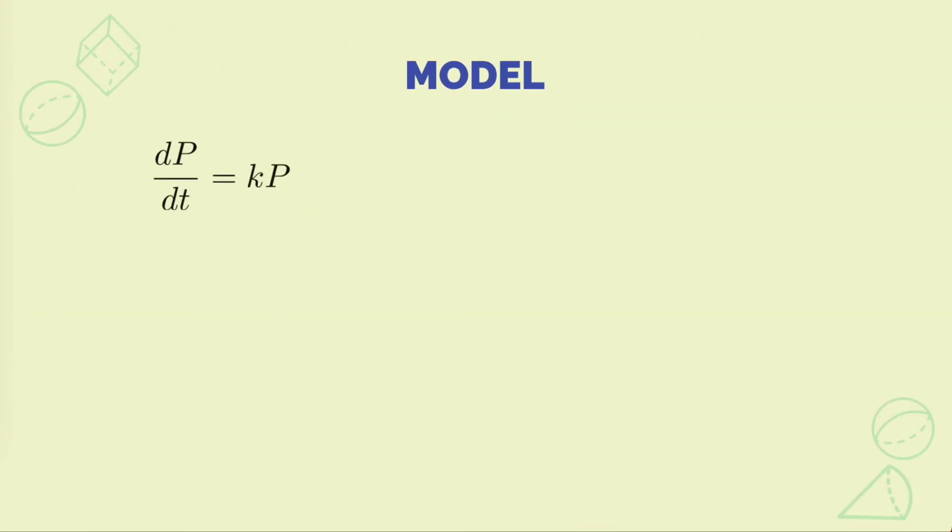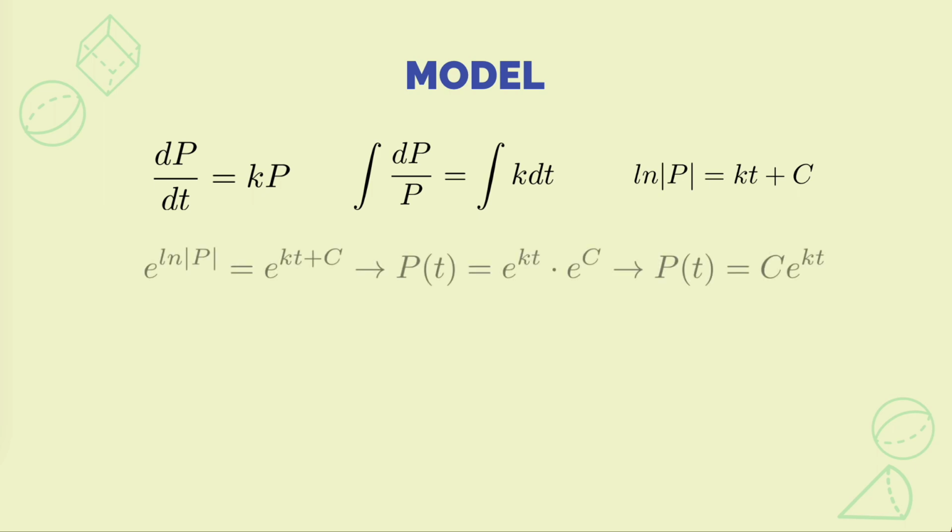Okay, so we start with the derivative of the population with respect to time, the rate at which that population changes with respect to time, and we're going to solve this first-order separable differential equation. First things first, I separate the variables by dividing both sides by P and multiplying both sides by dt. And then I integrate both sides to get the natural logarithm of the absolute value of P is equal to kt plus C. Okay, and then I exponentiate both sides to get e to the power of kt plus C is equal to e to the power of the natural logarithm of the absolute value of P,